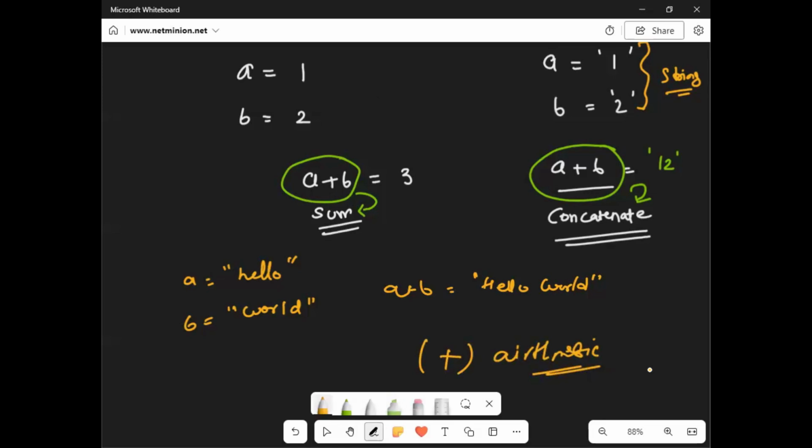Similarly, we have different types of functions available in each and every data type. So we need to understand that whenever we are utilizing Python, there are data types, and depending upon those data types, there are various functions available. We should not forget that whenever we are learning Python, data type is really very important.